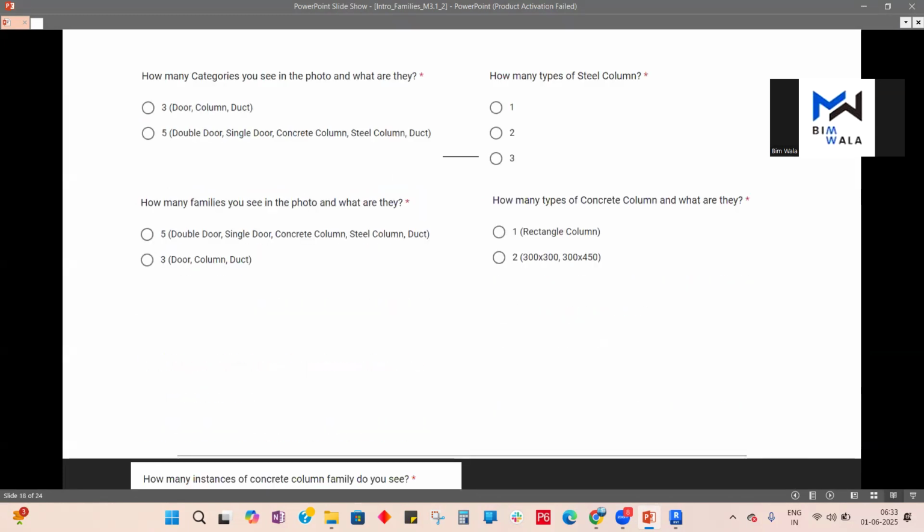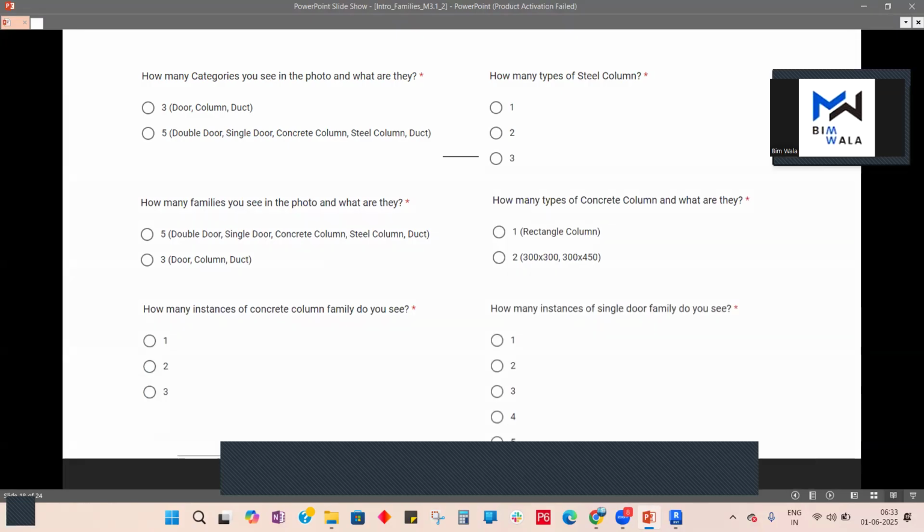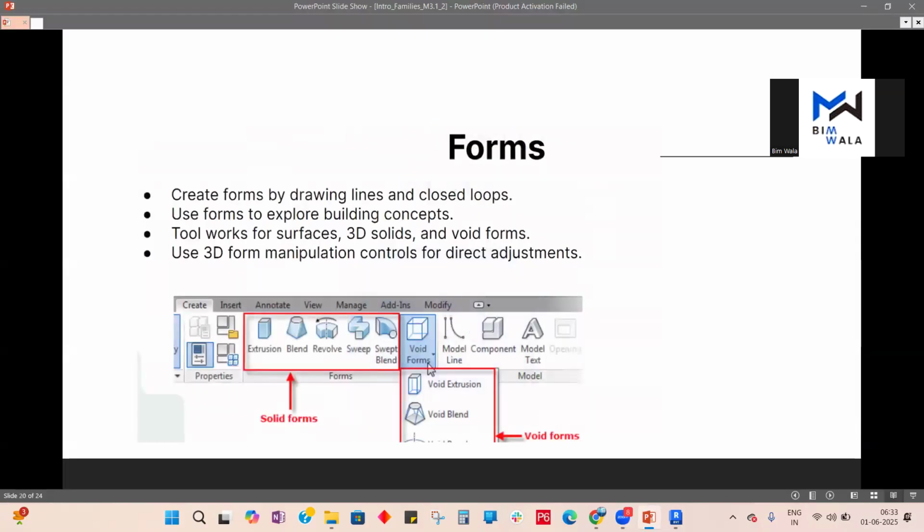Now I'll take you through quickly to the Revit. Okay, let's head to the Revit, and I'll show you some of the important features of Revit family. Okay, wherein we can model some complex shapes by using the tools. Okay,